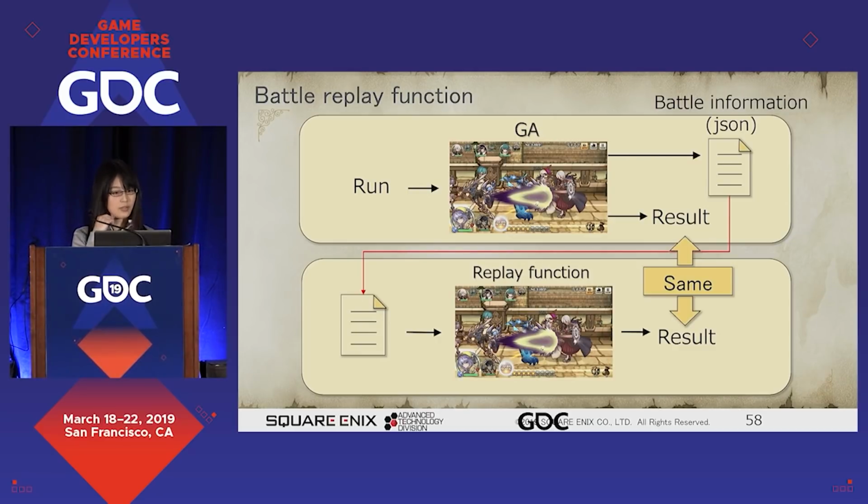If GA and the visualization tool are used alone, it will not be useful, even if it finds balance breakers. No game designer believes that it is indeed a failure or problem if the only thing they see is numbers and text. They need a visual proof. In other words, our visualization tool only detects potential balance breakers, and the replay function proves them.